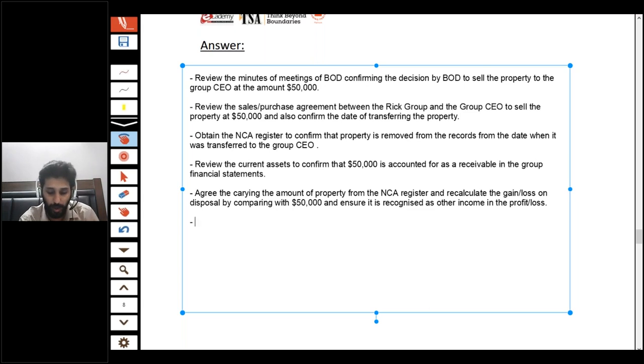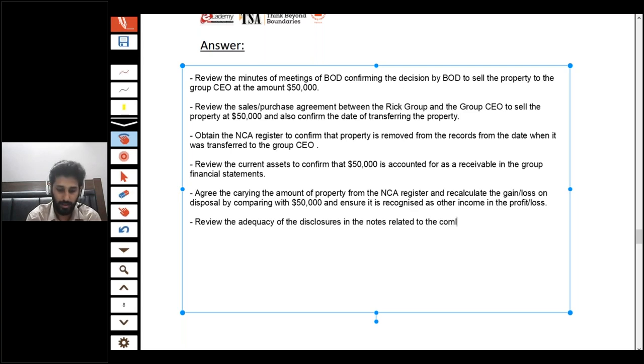And I will also be obtaining the written representation. And one important thing I will be explaining later on. I will review the adequacy of the disclosures in the notes